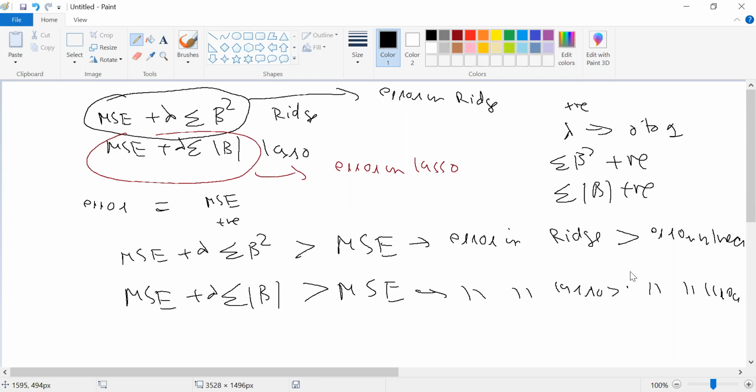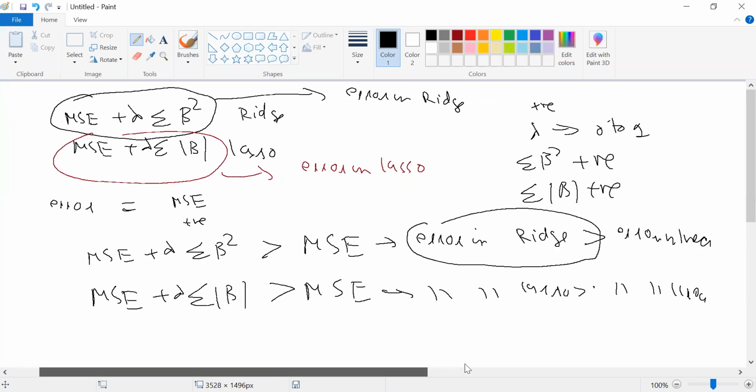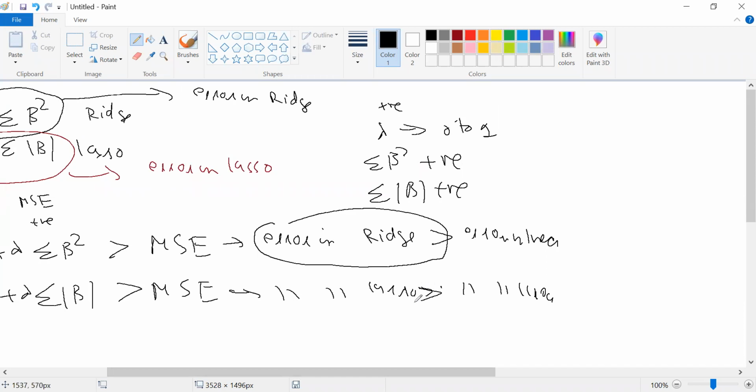What is overfitting? Overfitting is a scenario where your errors are less. वही होता ना? So what I'm doing, I'm saying error in Ridge is more than error in linear. Error in Lasso is more than error in linear. So if error is more, chances of overfitting will automatically reduce. अगर errors ज़्यादा हैं, तो model overfit तो नहीं होता, और chances will reduce.